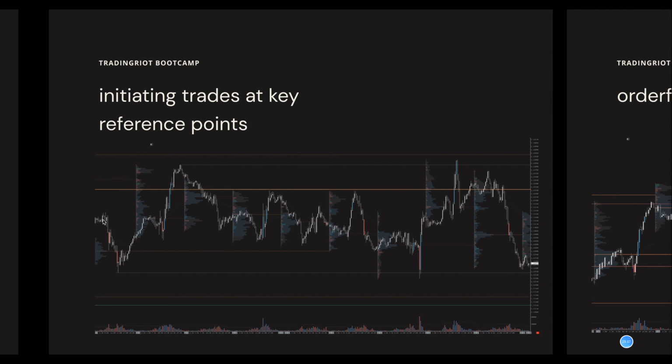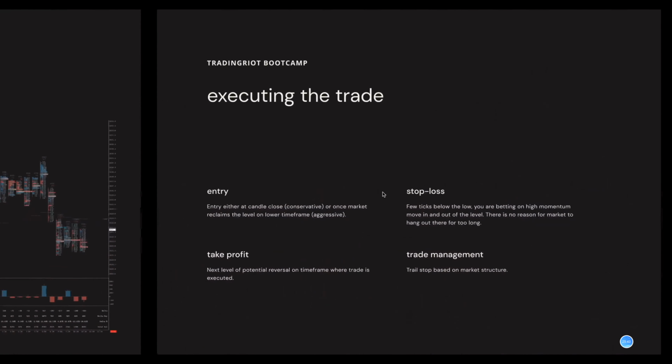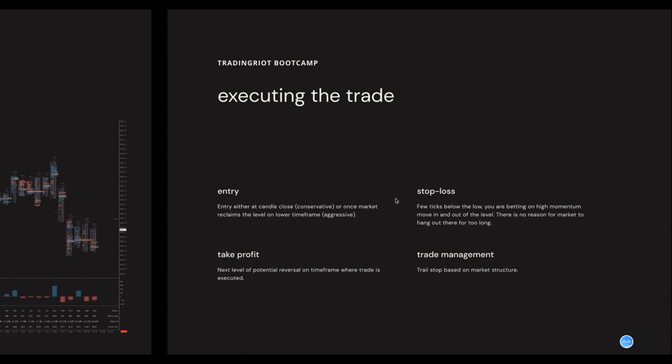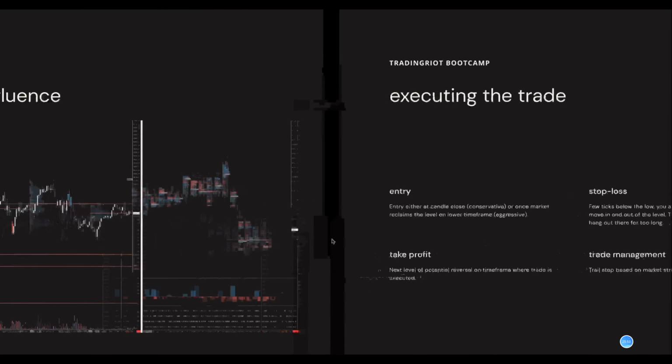Overall, this is after a little bit of a reversal anyway, so your stop can be quite tight if you are using this aggressive approach,